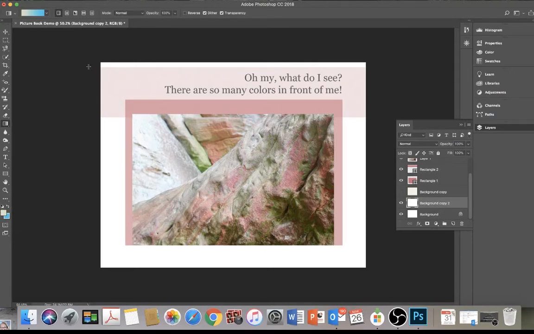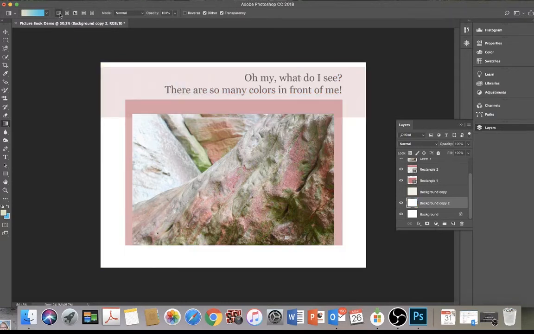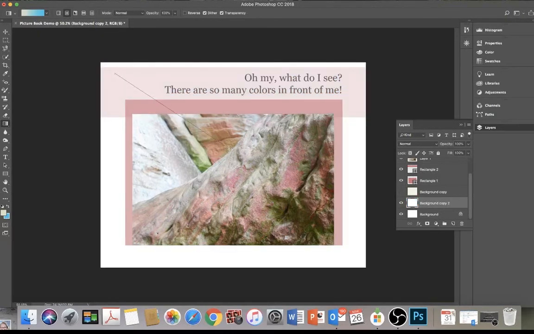So if I go to use it right now, I can click. I'm just holding down because that's telling me where the gradient is going. And it's that really light green that I just had to that aqua. And say I want it to be a different kind of gradient, I'd have to exit out of that. That was linear. You can do radial where it's starting and going out. Of course, with this one, you can't really see too much, but